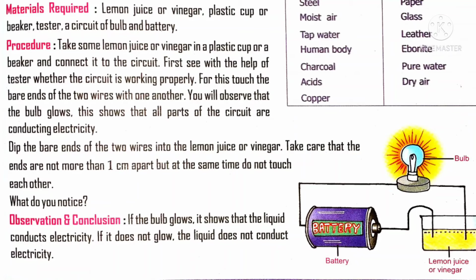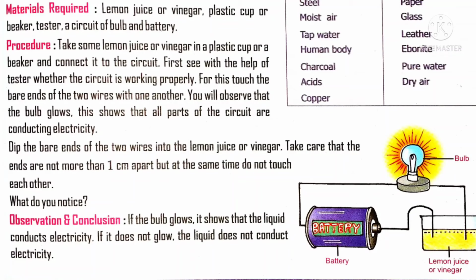Whatever the solution, it may be salt solution, because salt solution definitely forms ions. Positive and negative ions will be present. But in distilled water, there are no ions. That is why the bulb does not glow. So, what do you conclude? What do we infer from this activity? We conclude that if ions are present in a solution, definitely the circuit in which the bulb is connected will glow brightly.